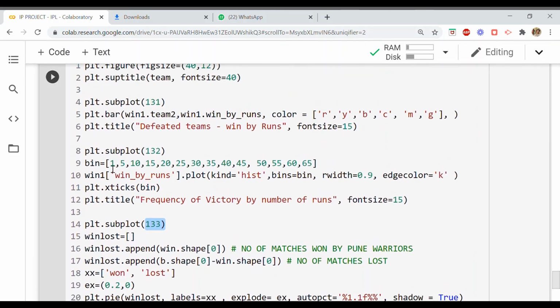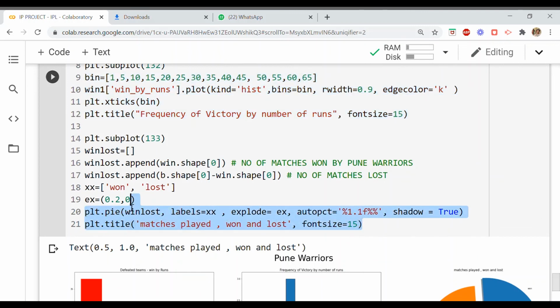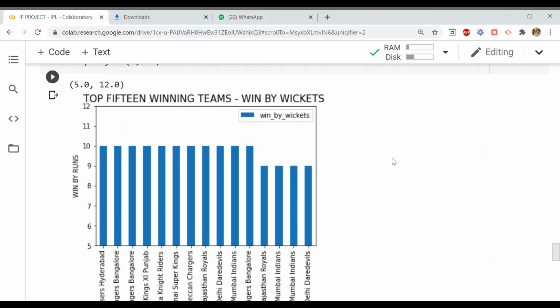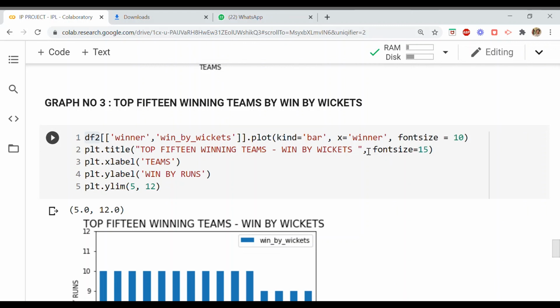Now my first graph I have already explained you, that is a bar graph. This command I have already explained. Now my second graph is a histogram. This also I have explained, and my third graph is a pie graph, that also has been explained. So this is all about this complete project, where we have concluded it with a number of reports on the basis of data analysis. There are 10 reports on the basis of analysis, and there are 6 graphs, 5 graphs depending upon the sets, 3 graphs on the complete data sets, 2 graphs on the subset, and 1 subgraph.